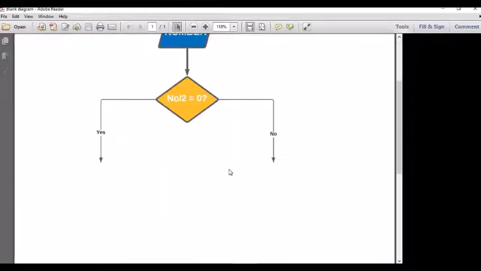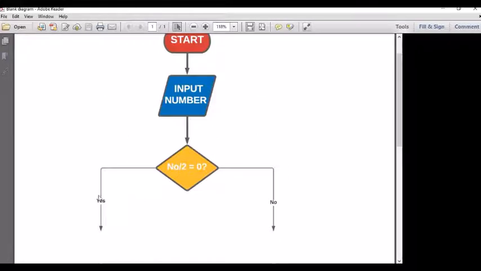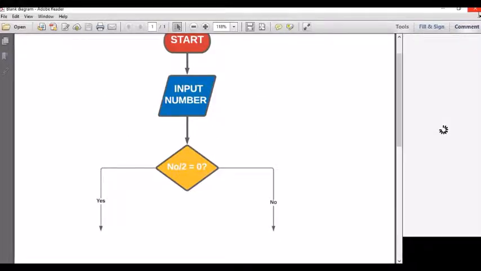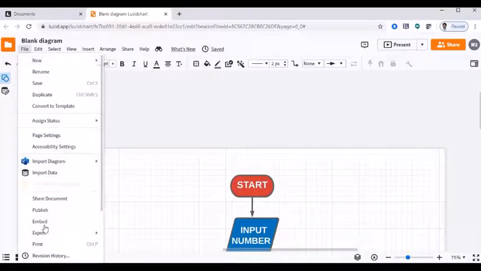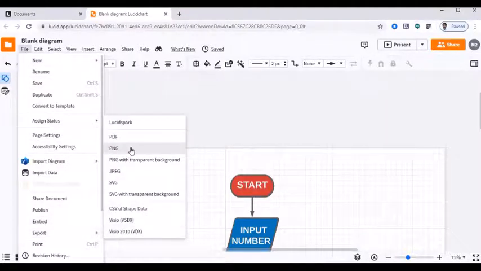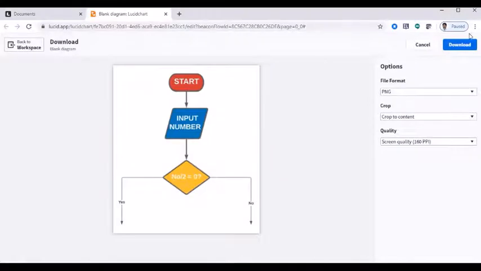This is the PDF file created from this. You can increase the text size and so on, and you can export into an image also. For a PNG image, download, and it will go to the default folder.